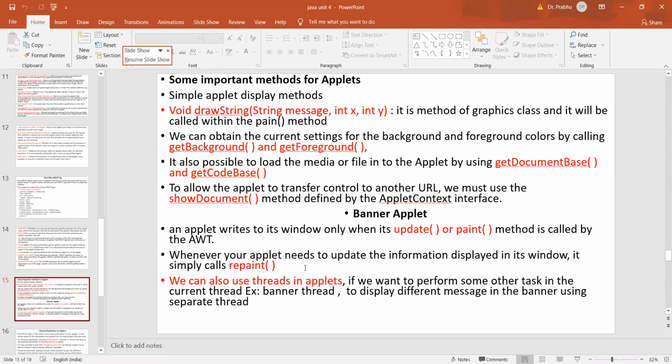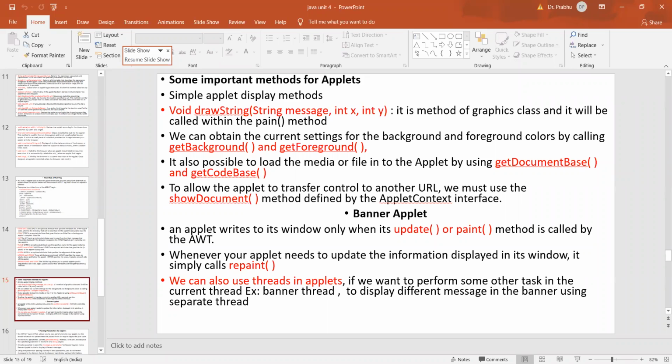Next, some examples we have seen there. Banner update. A banner can be created by using the update, and in that banner we also practiced how we can use threads. Because if an activity must be done along with the update, then you can consider that activity as a separate thread.